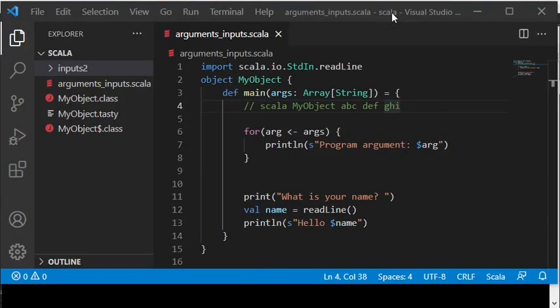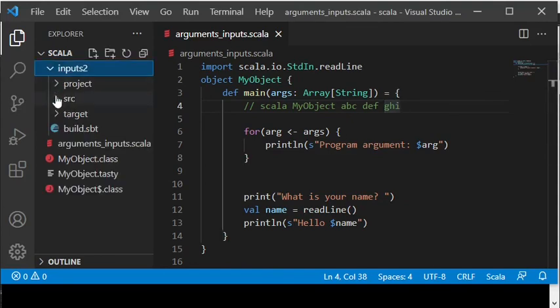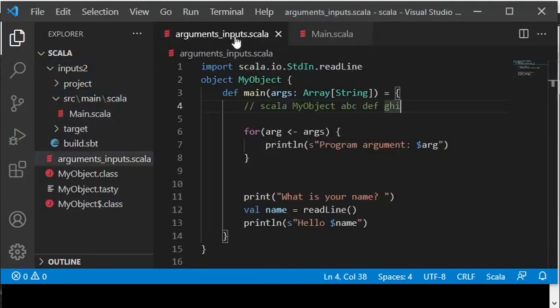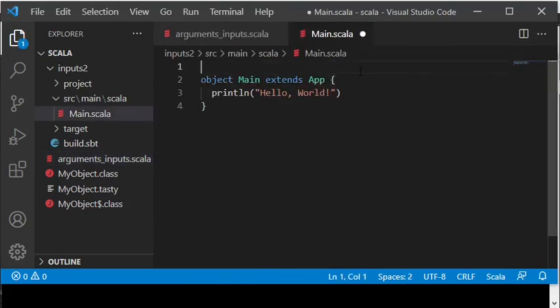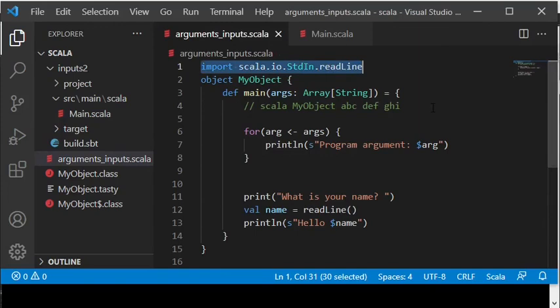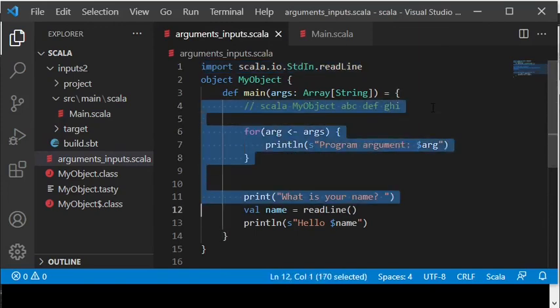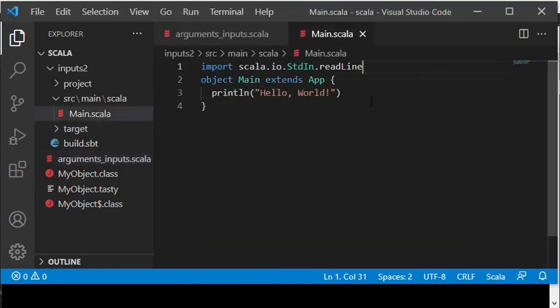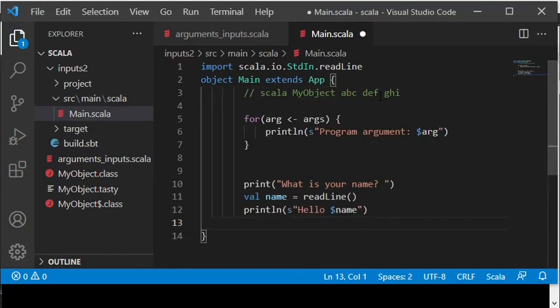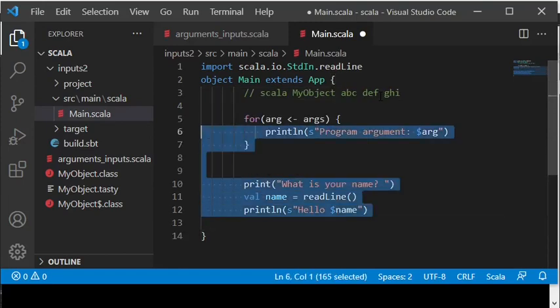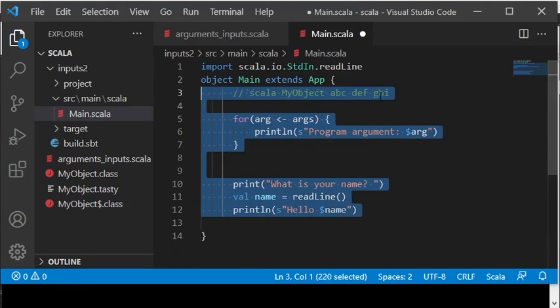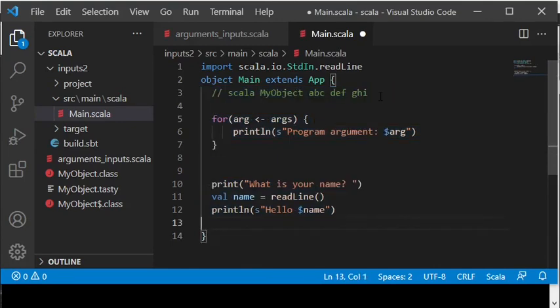When I look in the project's source directory, src, there is a file, Main.scala, that contains the Hello World object that inherits from the trait App. Then I copy the code from the main method in the previously created Scala file into this new Hello World object. And when you inherit from App with extends App, you can put code directly inside the body of the object, so you do not need to create a main method.